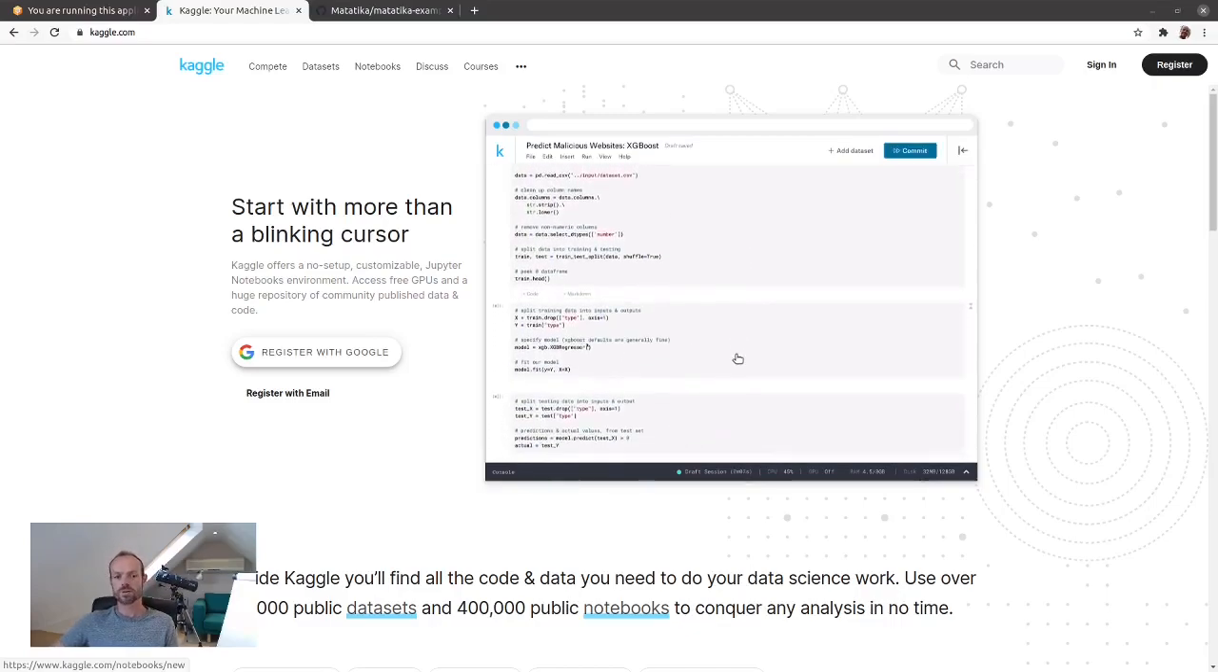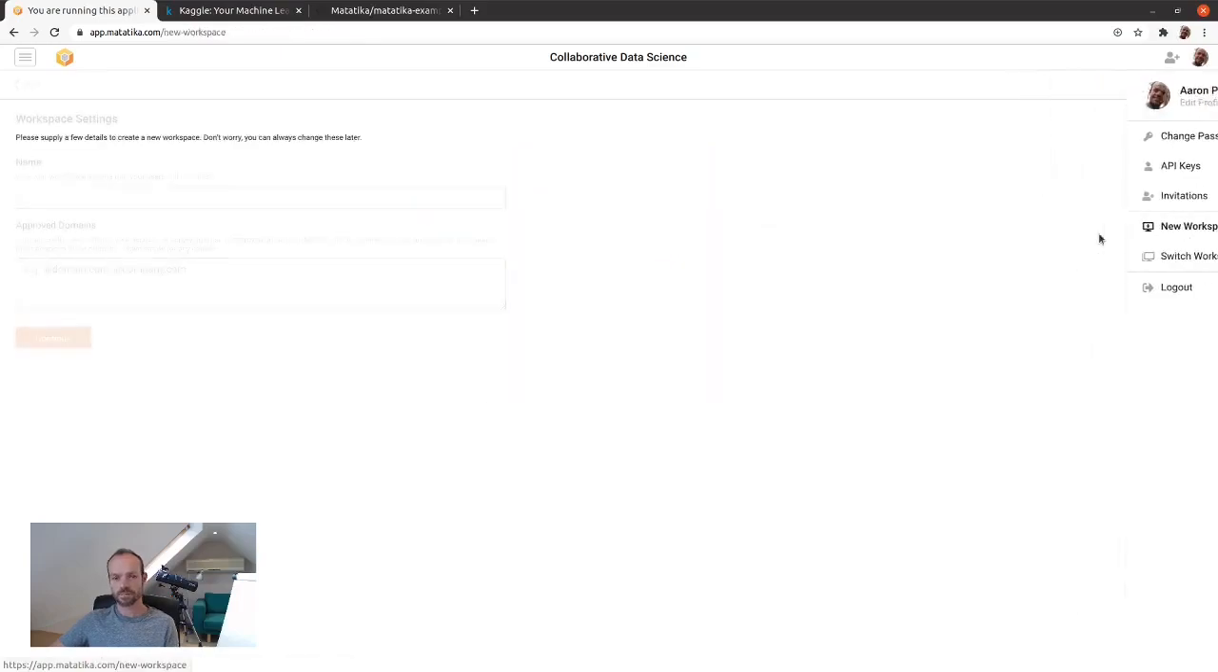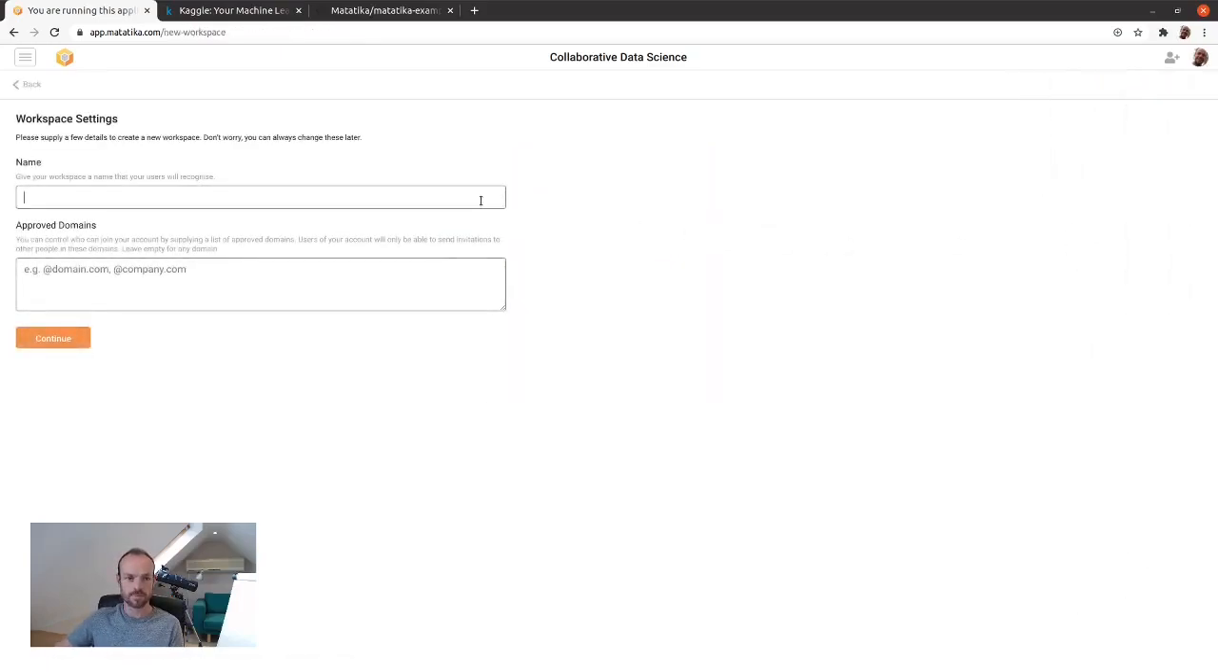But what if you only want to share your results and not your entire notebook? Well, that's where I think we can help. Inside our platform, we have the idea of workspaces. If I go ahead and create a brand new workspace, let's just call it demo,